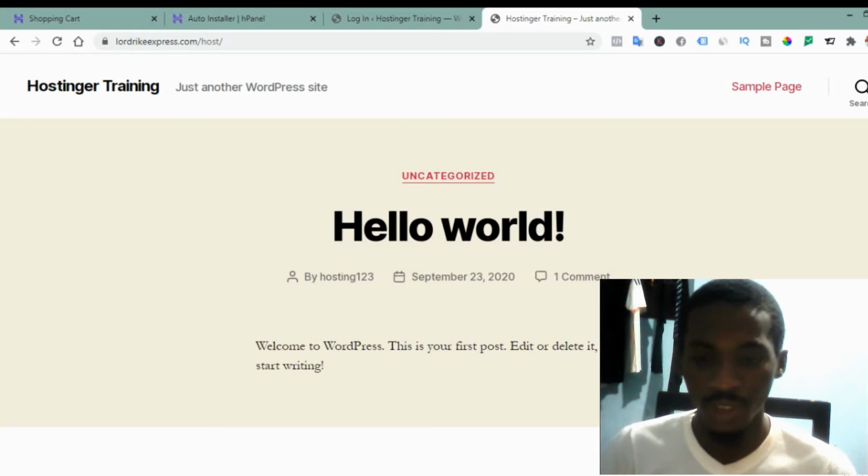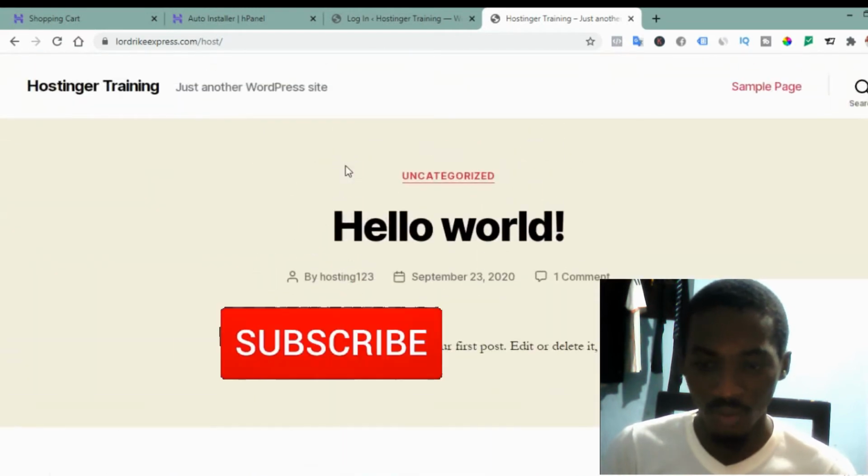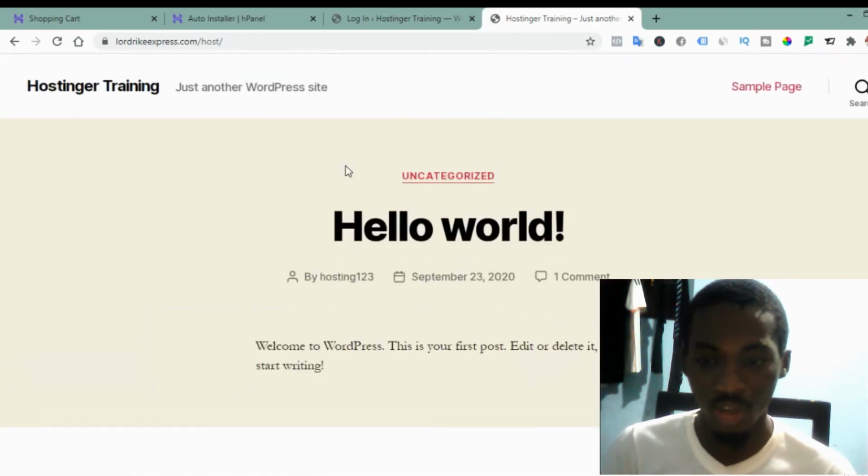After you install WordPress, if you go to your domain name, this is what you are going to see. This is how your WordPress website is going to look. The next thing you need to do is start editing this website. To edit the website, all you have to do is type in the name of your website, then you put in front of it